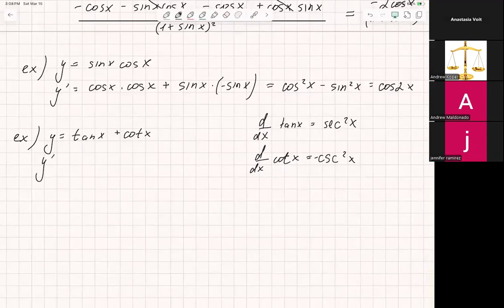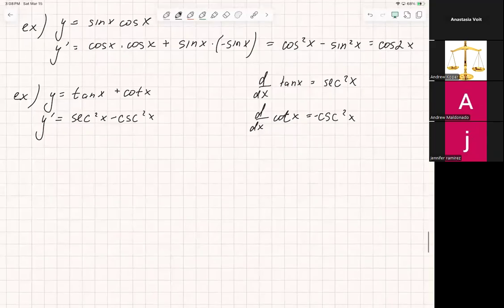So y prime is, so tangent becomes secant squared x, and cotangent becomes negative cosecant squared x. And you can easily derive it. Just look at the notes from Wednesday, and we derived, I think, both of these, right? Okay. So now what if we have an example like